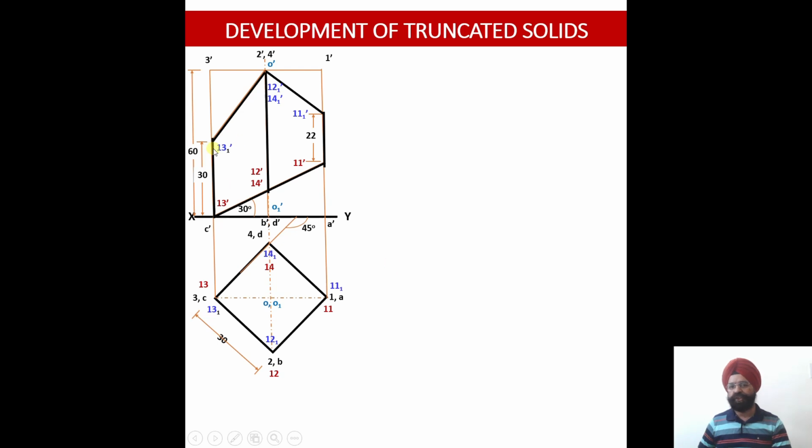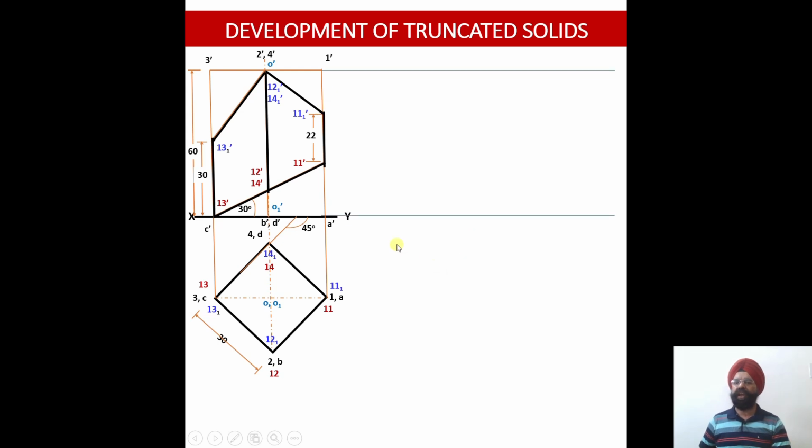But now the shading has to be done twice, because this is also cutting the square pyramid 100% and this is also cutting the square pyramid 100%. That is, all the 4 vertical edges are being cut by both of these planes. So that is why we have marked those points, but we haven't done shading for that, because the shading we would require in different colors over there, right? So both these section planes are going to cut this particular prism at all the 4 edges over there.